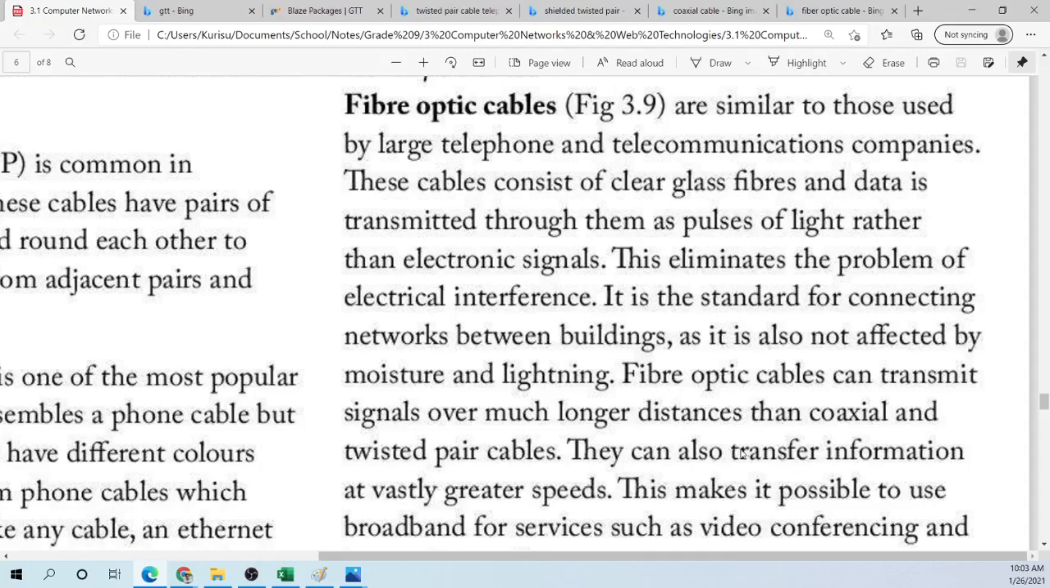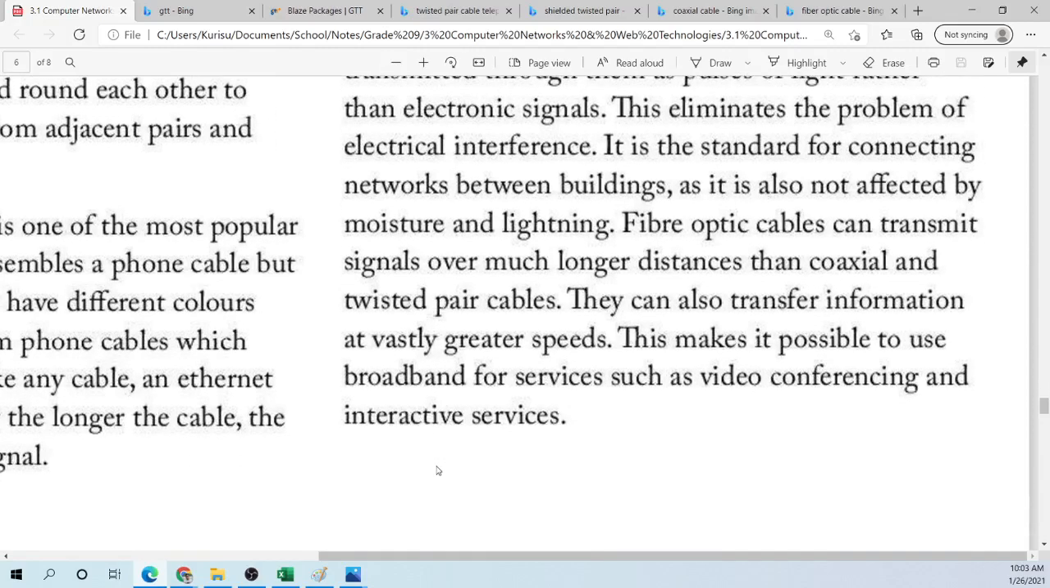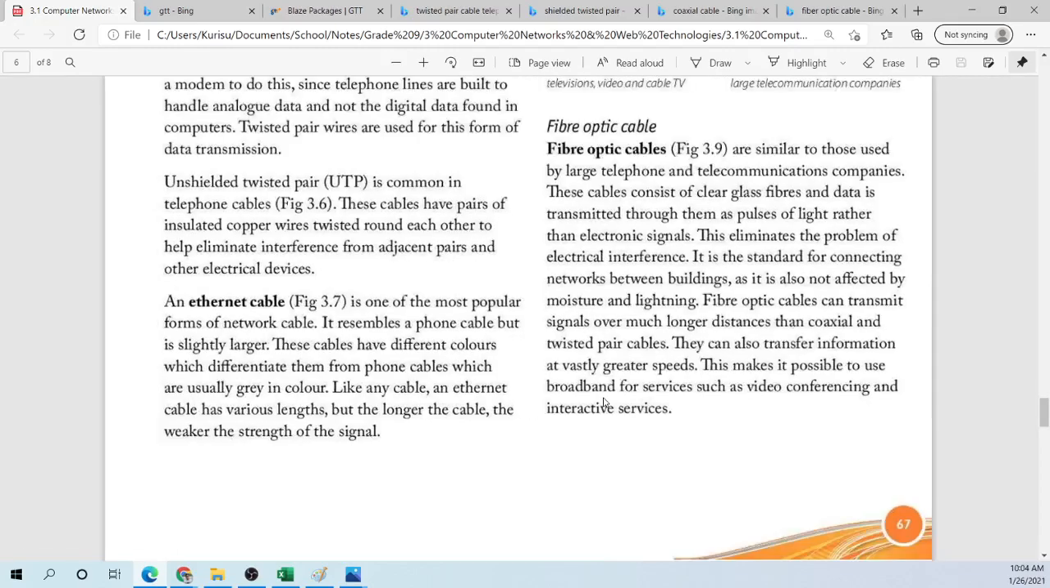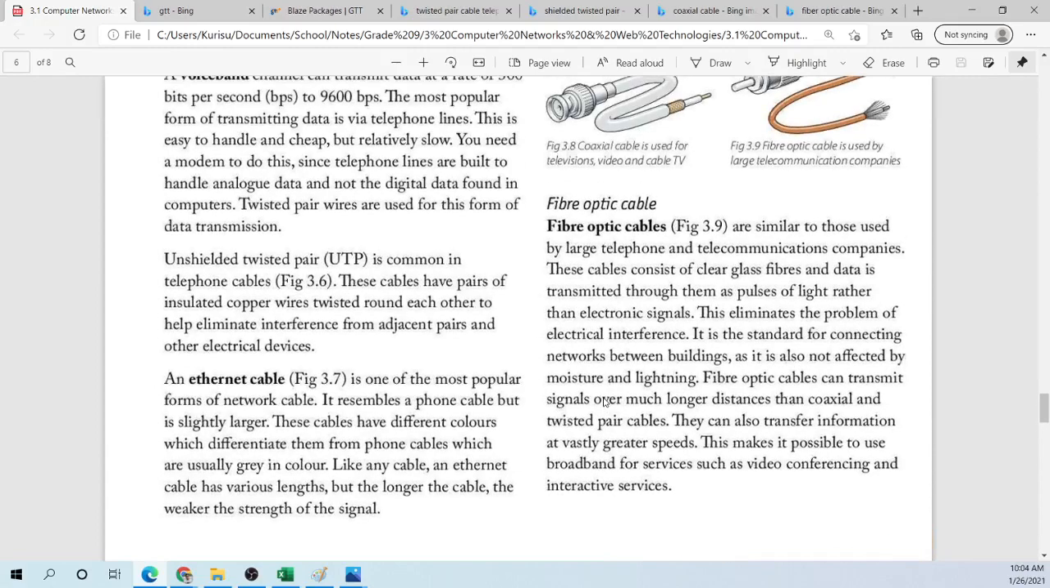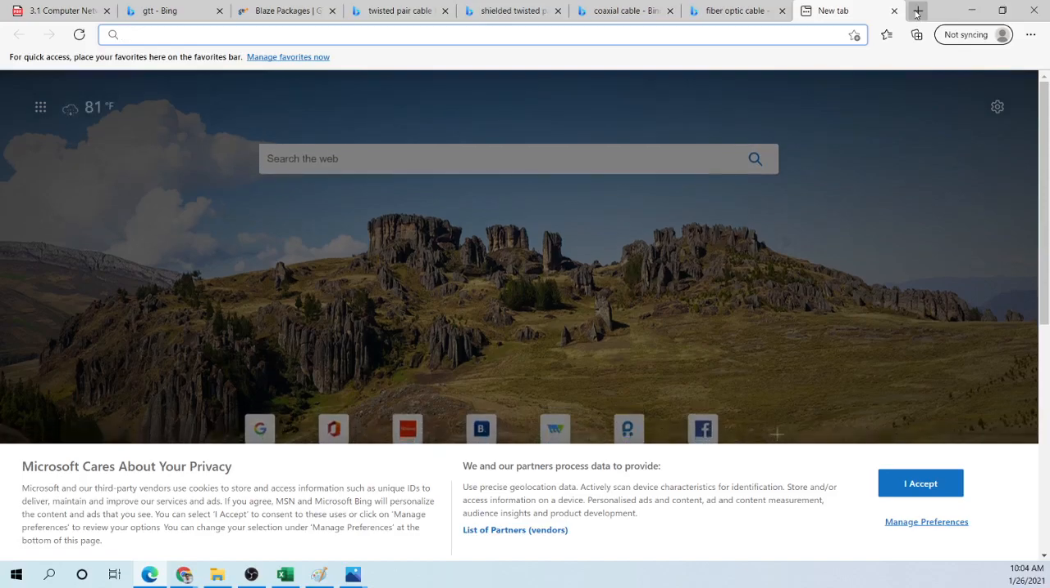So that's why a fiber optic cable can be used over longer distances than a coaxial and twisted pair cable. And because they can be used for farther distances, they can transmit at faster speeds than a normal coaxial cable or a twisted pair cable. So that's why when persons or companies want a very high speed connection, they would actually make use of fiber optic cable. And for a fun fact,